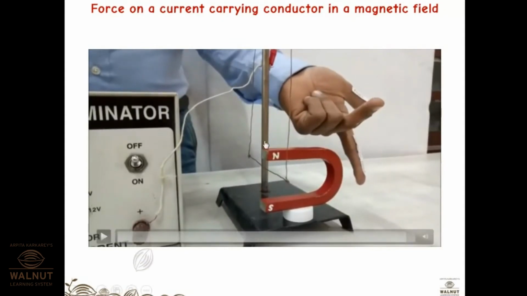Now, did you understand why it is going to the right side? Why is the deflection going to the right side? Because when you point your forefinger downward, from top to bottom, the current is from the back part to the front part. Therefore, the middle finger is going like this. So automatically your thumb goes in the right direction, and your thumb signifies F. F means the force, the force that is experienced by a current carrying conductor. So the force is going to the right side.